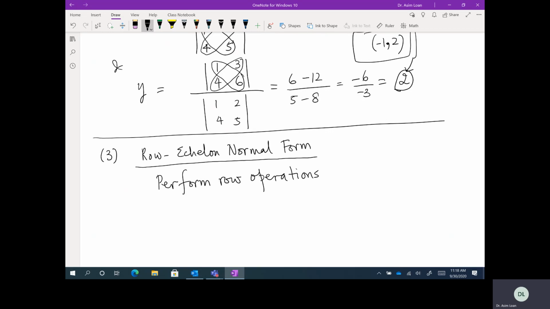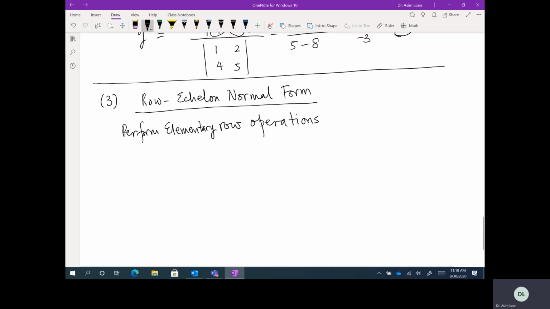And these are elementary row operations. So perform elementary row operations. So if we want to perform elementary row operations, so again, if you look at the matrix, so x plus 2y equals 3,